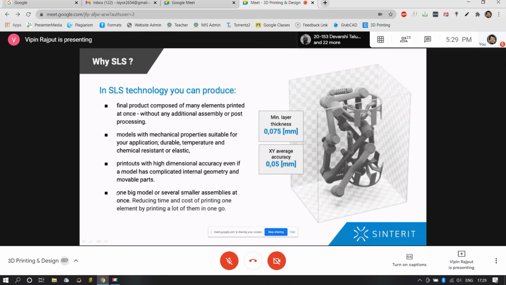When we open up the software and explore it, this statement can be justified. I'll read it once more: one big model or several smaller assemblies at once, reducing the downtime as well as the cost of printing a particular model. We'll see about this point in the software.